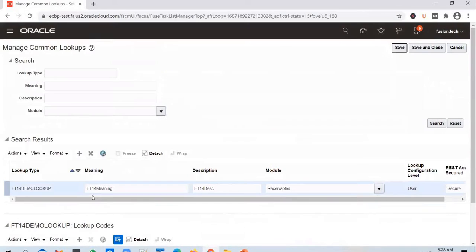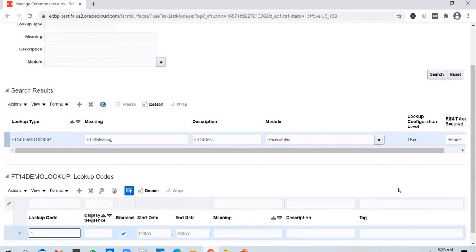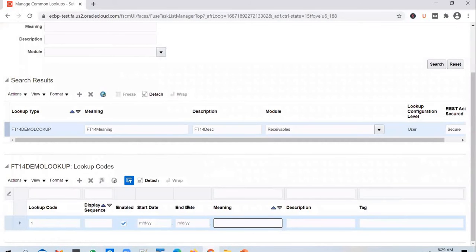And after you save it, you will be able to add your own entries in here. You click on the plus icon and you add in your own entry there. Okay, you can add in your entries like this. And when do you exactly create a lookup? You create a lookup whenever you want to store some values which you want to probably refer in a BIP report or other components. And what is the benefit of using a lookup? Tomorrow, if the value changes, you don't need to edit the report or the component where you are using those values or referring to these values. You can directly update them in the lookup so that the updated values get reflected in there.